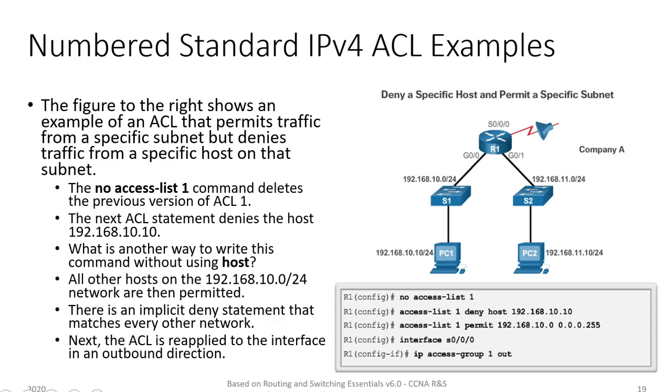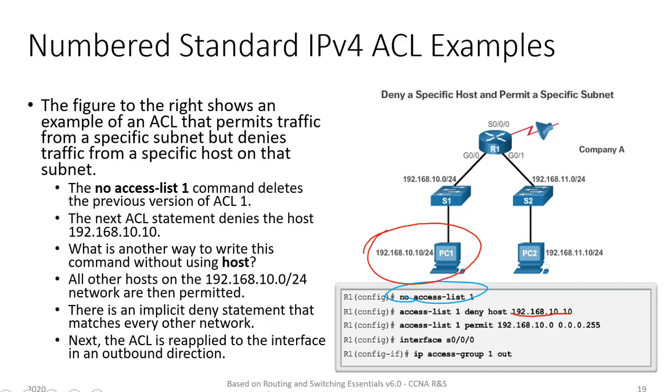So if you want to, for example, create a new access list for a particular interface here, what we may do is use the no access-list command to clear whatever existing ACLs are there. Then we want to deny anything from this particular host address. So if the traffic is coming from this host address, we are going to deny it. If it is from that particular host, that packet would be denied.